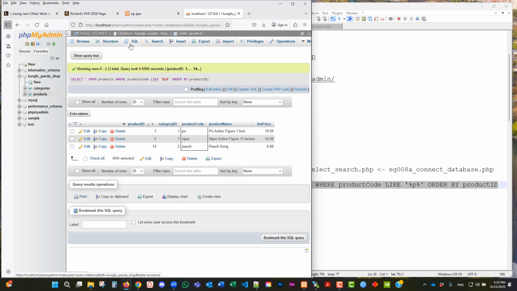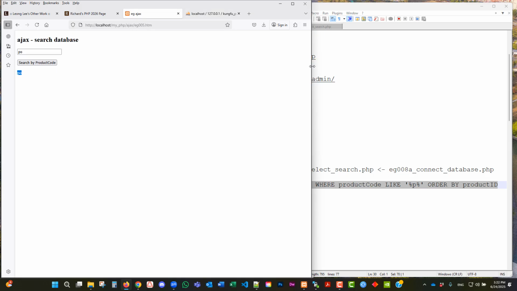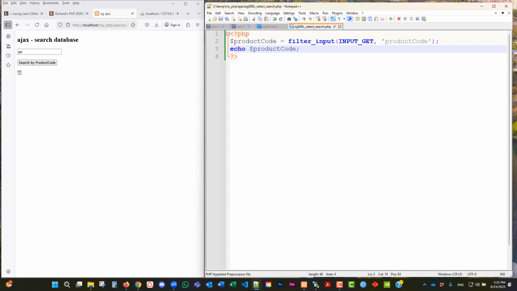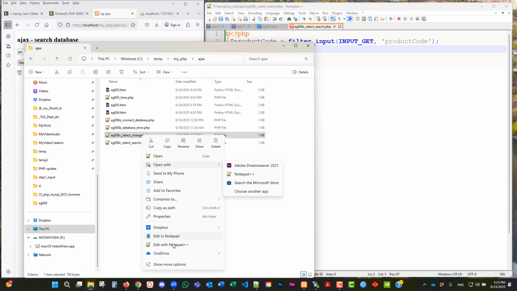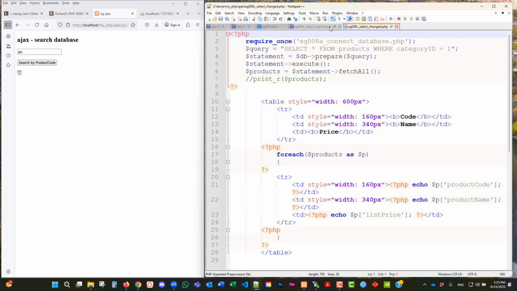Okay. Right, now I can put this into my PHP file. I can put this here, but I don't want to write everything from scratch. So first thing you do is comment out the product code. Then I'm going to copy my code for the AC select changed. Come over here. In my last example, I used that. So I'm going to switch between the 2 files and copy things. The first thing you do is you need the required ones, Control C,